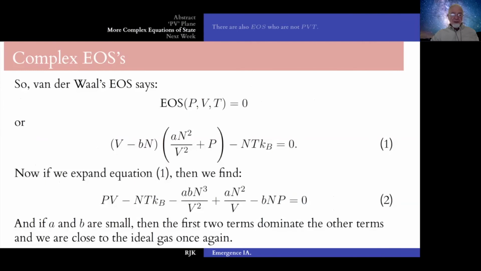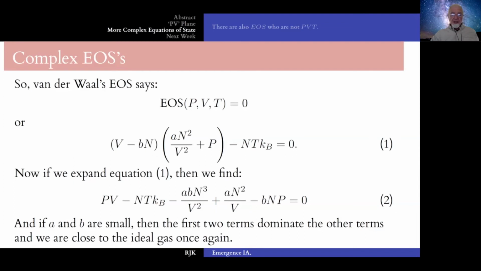So van der Waals' equation of state says that the volume minus a constant B times the number of molecules in the gas, times the pressure plus a term which is, again, a constant A that depends upon the gas, but it's divided by the volume squared. And then, of course, we have back the N